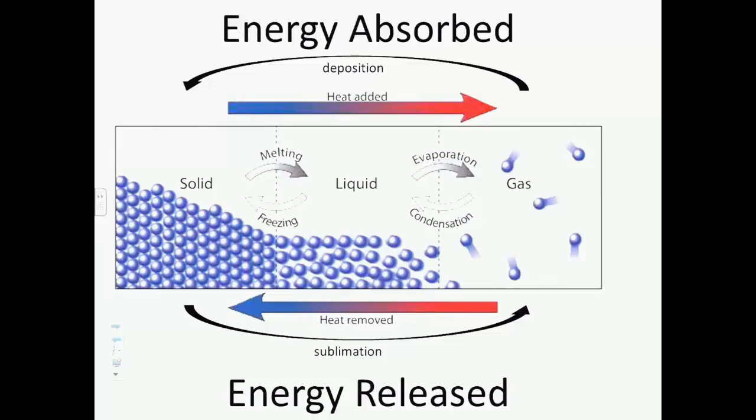For example, like etching or making really small pieces for computer parts. Okay? What you can do is you take a gas and you shoot it. You give it so much energy, you shoot it at a solid sample. Whenever that gas hits that sample, it immediately stops it, transfers that energy. All of that energy is removed from the sample and it immediately changes from the gas phase to the solid